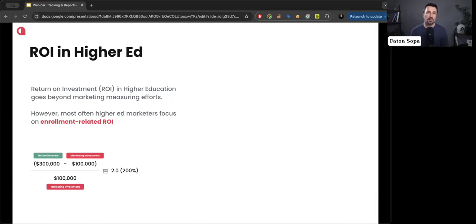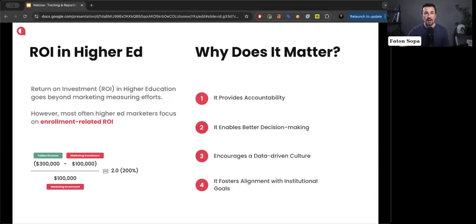However, in most of the cases that we have seen, most higher education marketers are focused on enrollment-related ROI. Essentially, how much it costs to recruit a student versus the tuition or funding that the student brings in. So basically, you take the revenue that you generate from students, subtract the marketing investment, and divide that by the marketing investment, and that's how you get the return on investment. ROI in higher education marketing is very important.